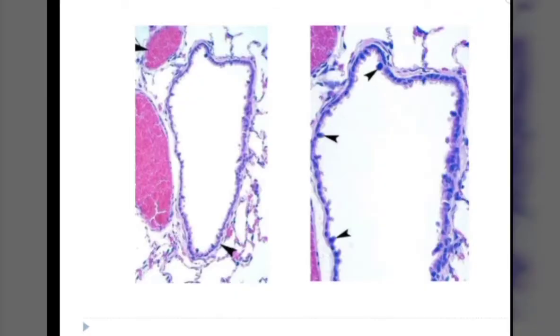The bronchioles are the conducting tubes 1 mm or less in diameter. Apart from their smaller diameter, the bronchioles differ from bronchi in the following two respects. Number 1, there is no cartilage in the wall of a bronchiole, and number 2, the bronchiolar mucosa contains no glands. So in the larger bronchioles, the lining epithelium is of pseudostratified columnar ciliated type, showing many goblet cells.